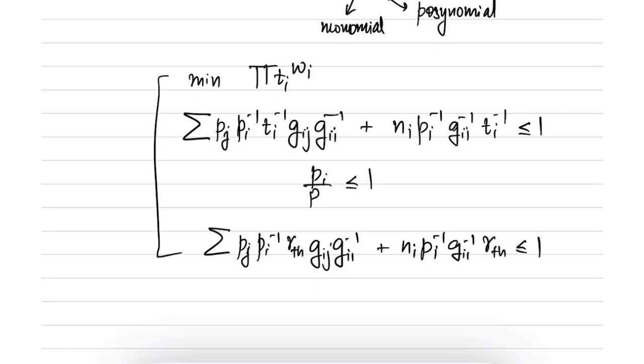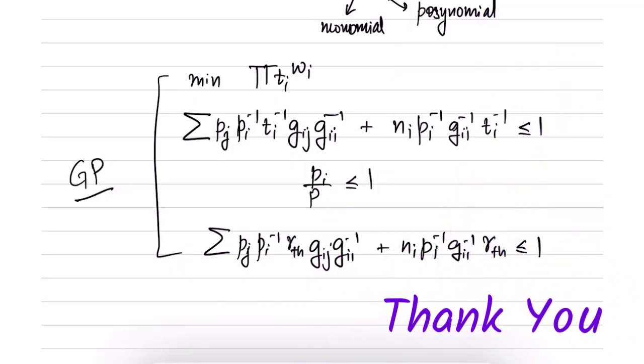Hence the high SINR approximation yields a GP, which can be converted into a convex program and solved efficiently, and therefore this gives us the solution in the high SNR scenario. Remember again that the problem we started with was a non-convex, difficult problem to solve, but we are seeing that in one particular case, under one approximation, the solution can be found easily.